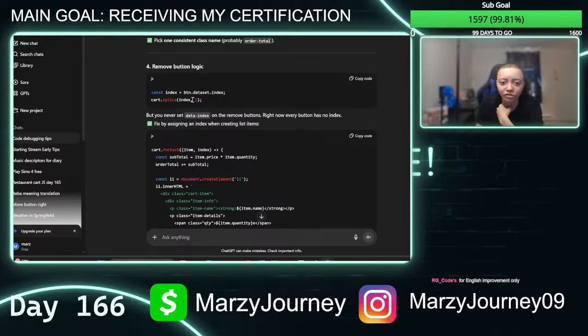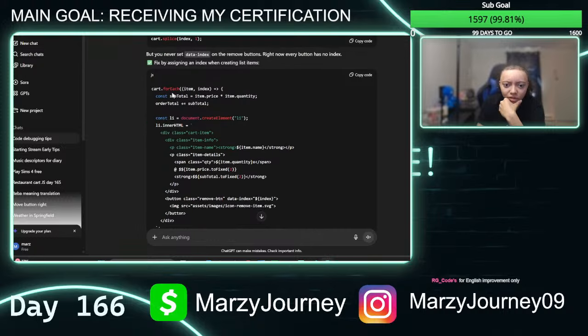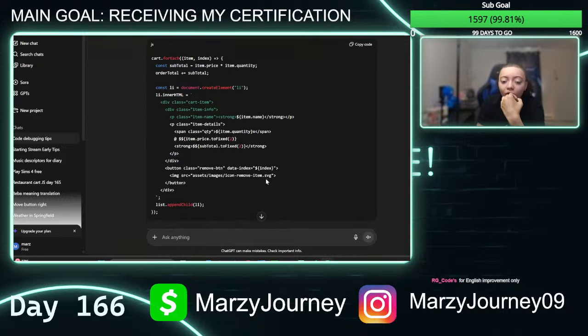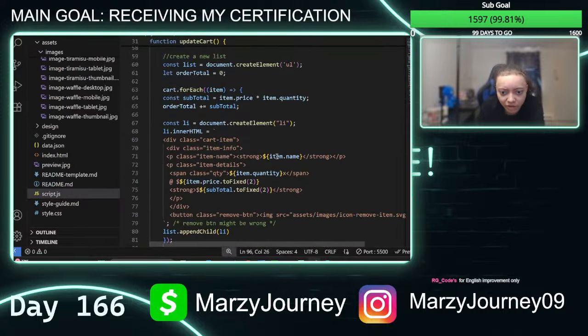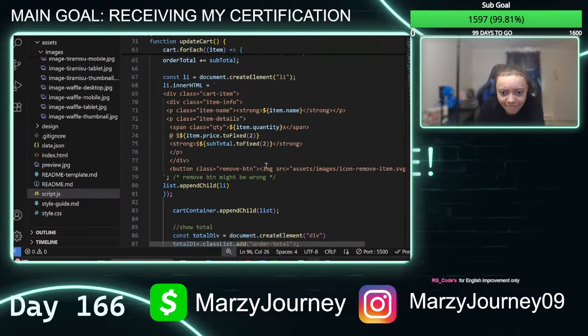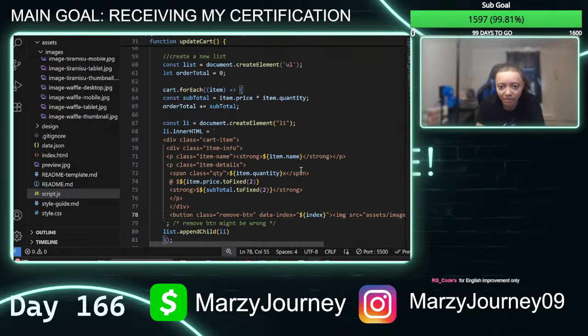And then they're still telling me I need to do something with the index because I'm using cart.splice index. So I'm still a little confused about what they want me to do. Oh, I see. I think it's because they're trying to make me make it a button. So they're telling me to put this inside so you can click the button, because I think we already wrote the function allowing the button to be clicked. So they're telling me to still put it in here, which would be, where exactly was that? It's still within the button class. Yeah, I would have been so lost on this part. I'm not mad at it though.